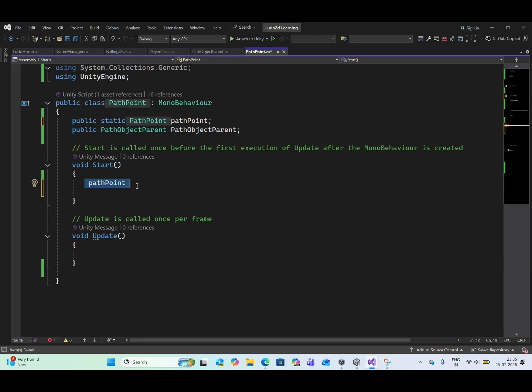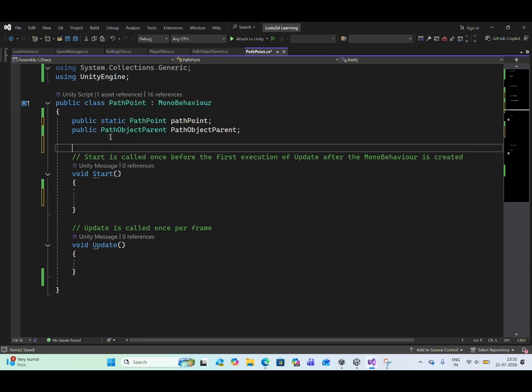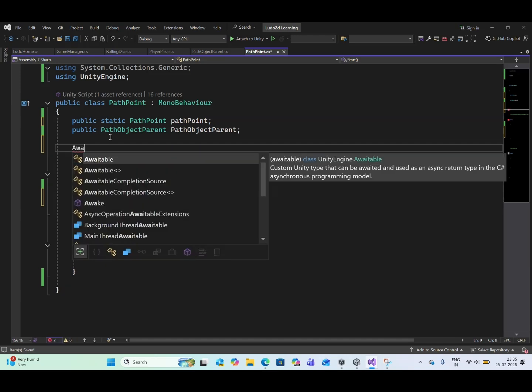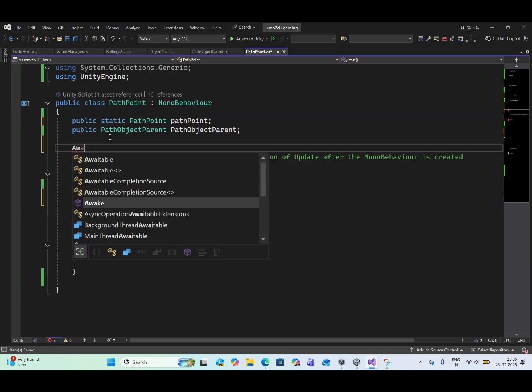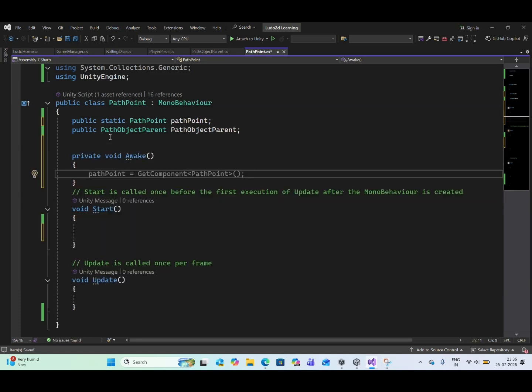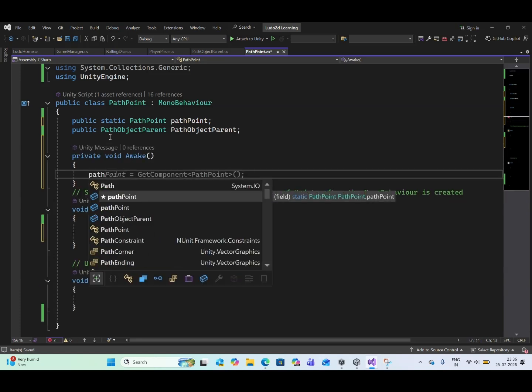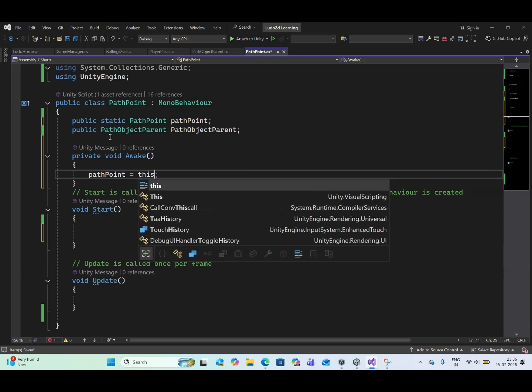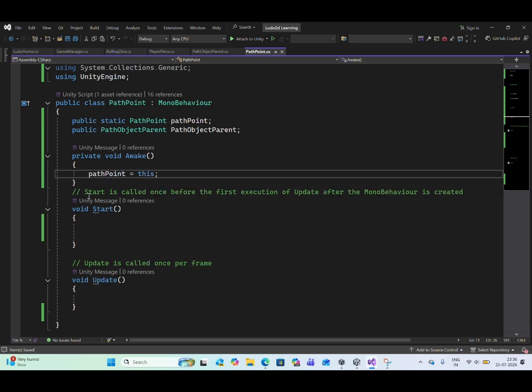We will do this in our awake function. And now what we will do in our start function, we will call this path object parent